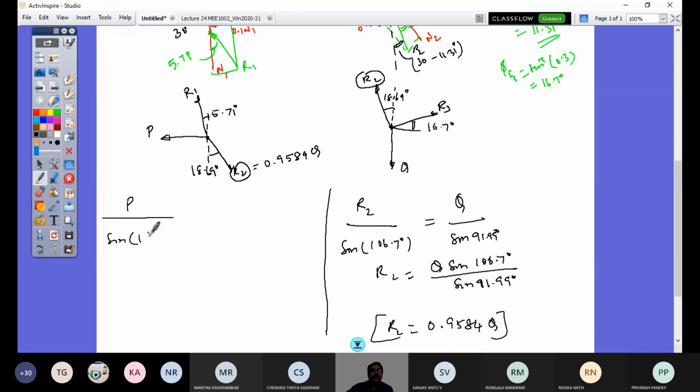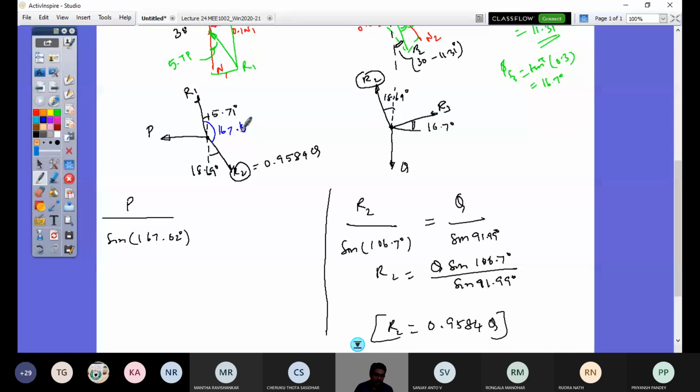So the angle between R1 and R2 is 167.62 degrees. This is all equal to R2, because R2 I know, divided by the angle included here,